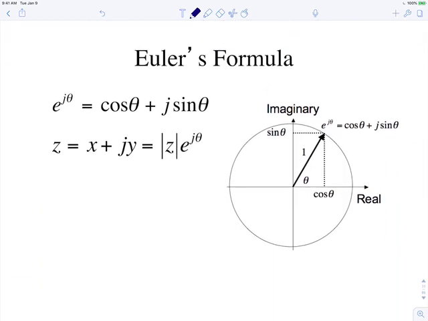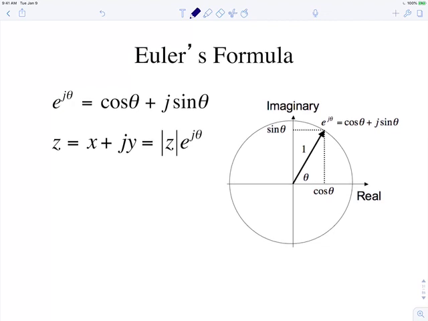The other thing that's really important is to remember Euler's formula, which is e to the j theta. Amazingly, it equals cosine theta plus j sine theta. So everything fits together. When I have an imaginary number, theta is its angle, and therefore the real part is just cosine theta,